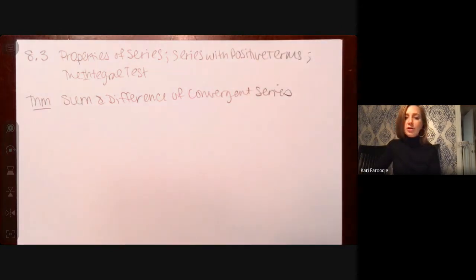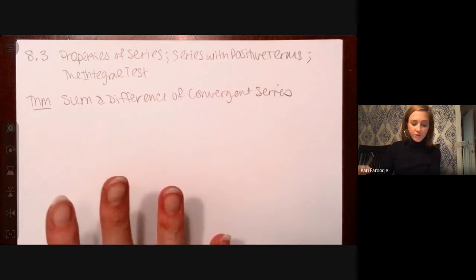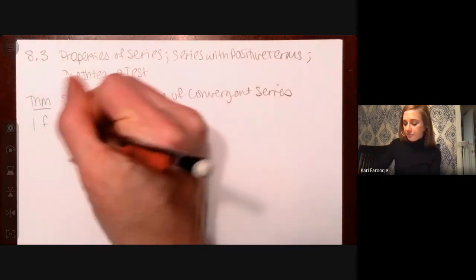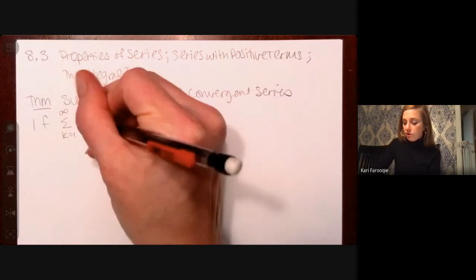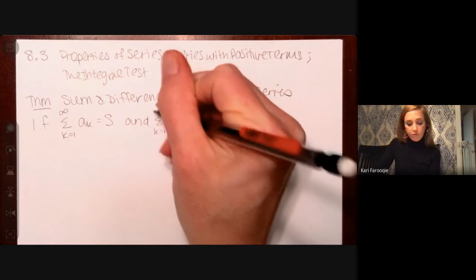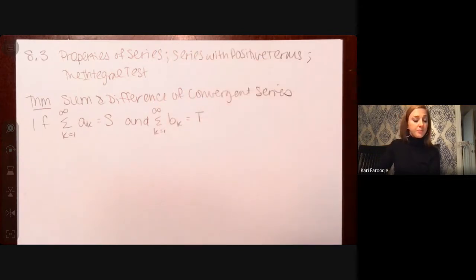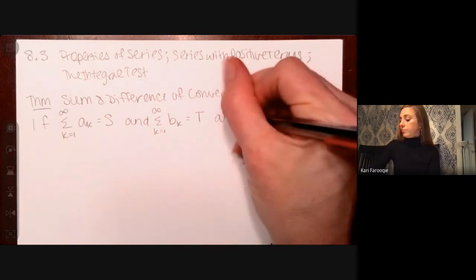And again, I feel like you guys have seen these types of properties over and over again, but it's nothing that you can assume until I actually tell you that, yes, this is fair game. So I know you feel like, okay, yeah, I get it. Sum and difference, we can do this. I'm telling you right now that you can do this because we have a theorem for it. So if your series from k equals 1 to infinity of a sub k is S, and you have another series from 1 to infinity of b sub k equals T, are two convergent series,